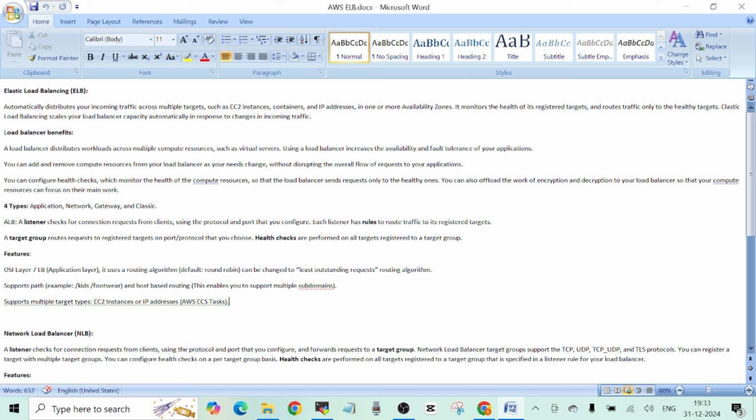Then it also supports multiple target types. As we already know, it supports EC2 instances, but it also supports IP addresses. So when I say IP addresses, I mean suppose you have an application that is deployed as an ECS task, which is nothing but a Docker container in the backend, or